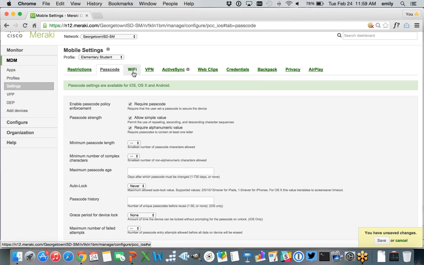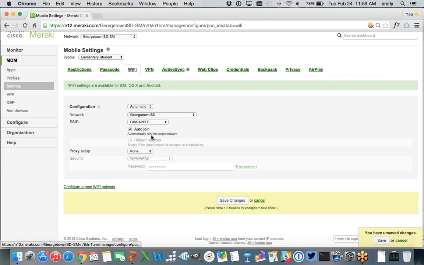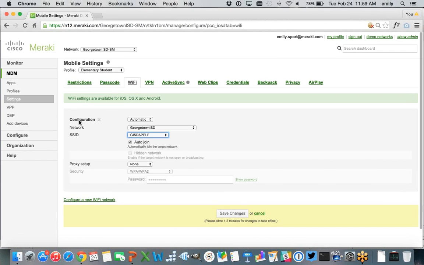You can set templates if you want to allow devices to automatically join a network, especially if you have Meraki access points. It's very easy. You just select your network, you select your SSID that these devices should automatically join, and a slew of other features. Super, super easy to set up. Definitely encourage you guys to try it out if you're interested.